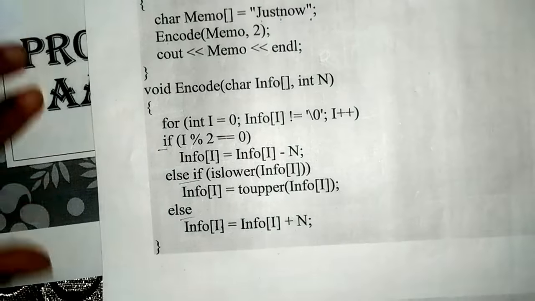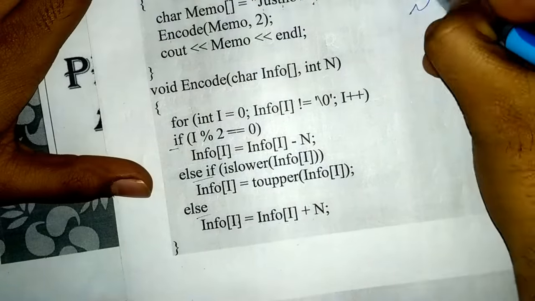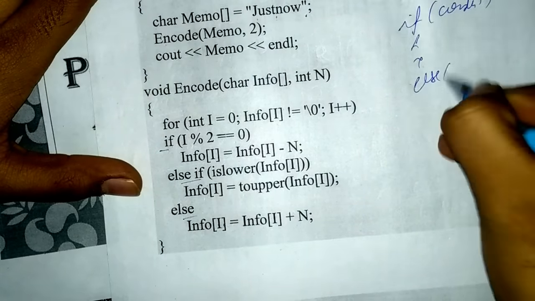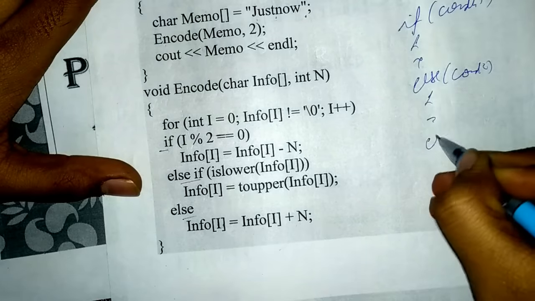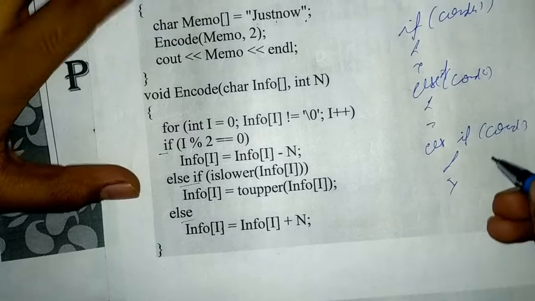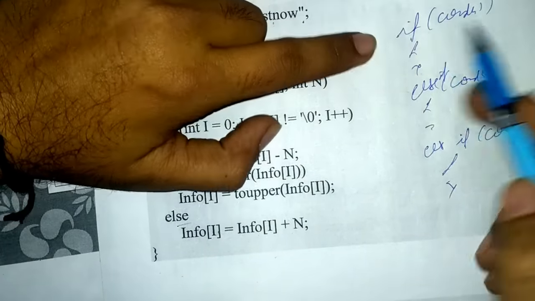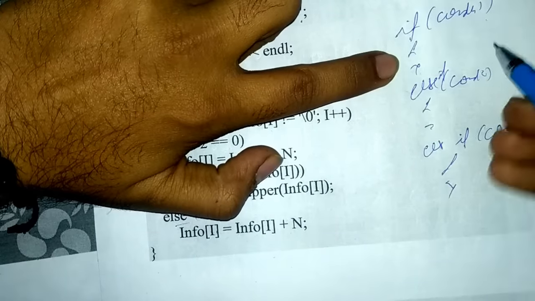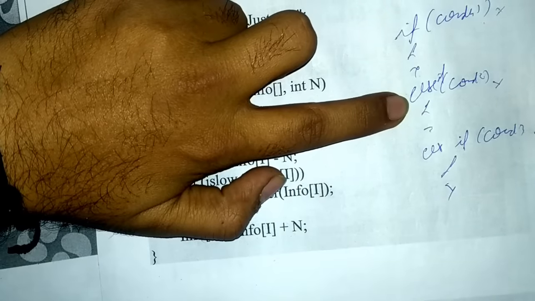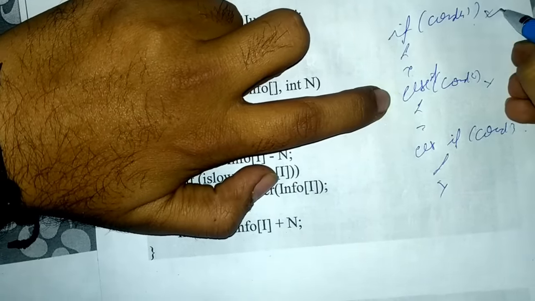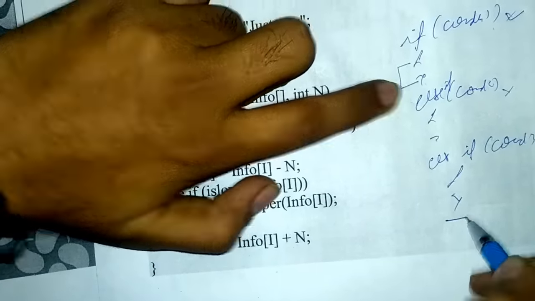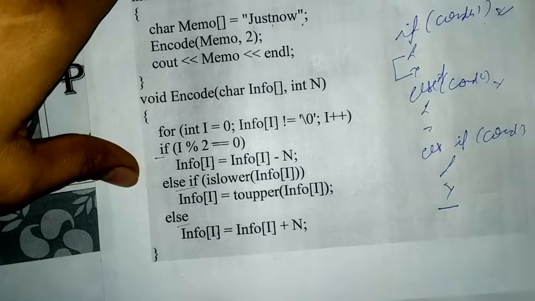Now, the property of if else if is that, suppose if condition 1, else if condition 2, else if condition 3. While executing if else if, firstly the first condition will be evaluated. If the condition is wrong, then it will proceed to condition 2. If the second condition is wrong, then it will proceed to condition 3. Suppose condition 1 is true, then it will execute the condition block and will come out of the conditional block. So we will take advantage of this property.